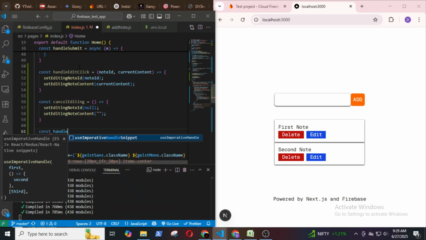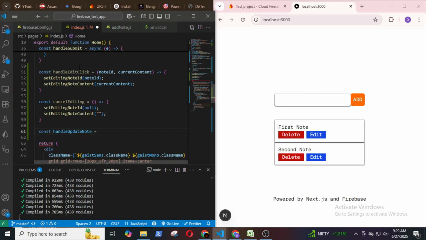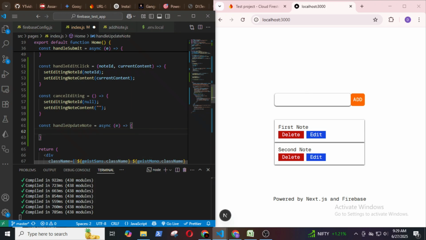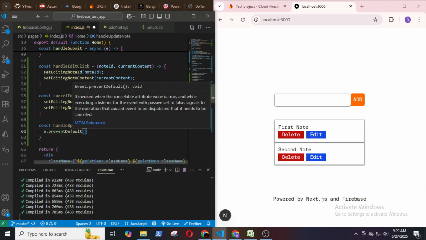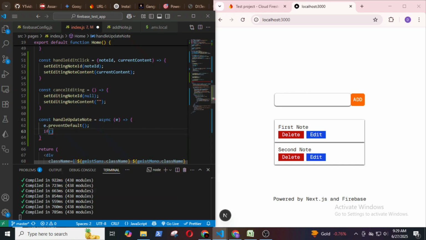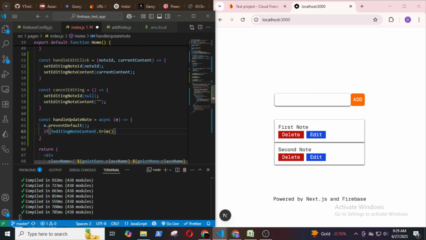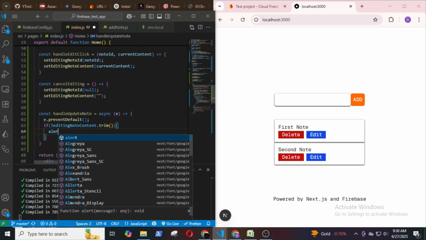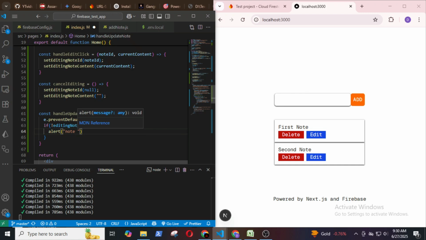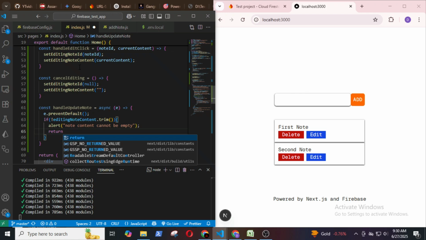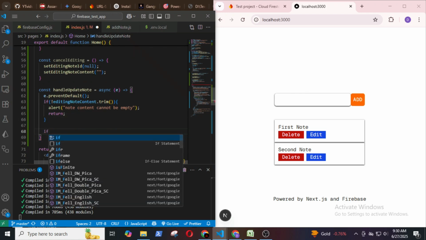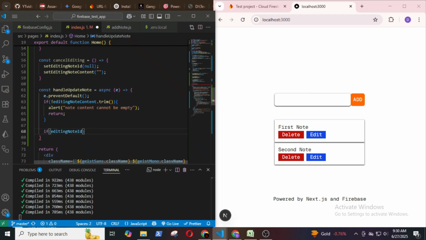Once the node that I want to update is being fetched, I will set up a new function that will send the updated node to the endpoint. handleUpdateNode, with preventDefault. If editingNodeContent is empty, then set up an alert, node content cannot be empty. Return. If editingNodeID,